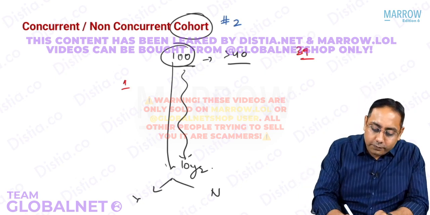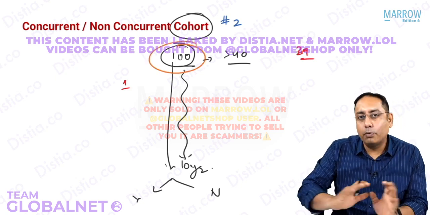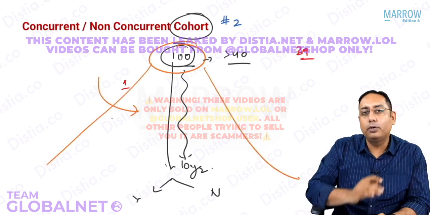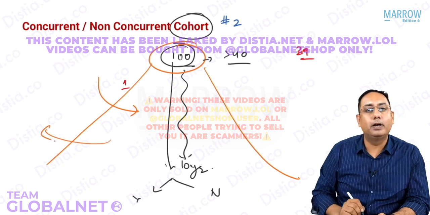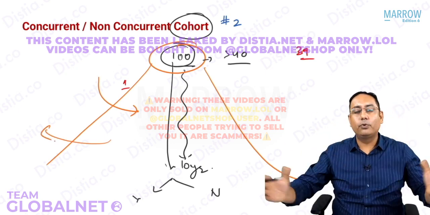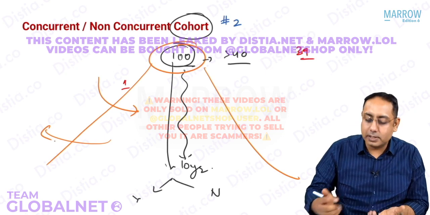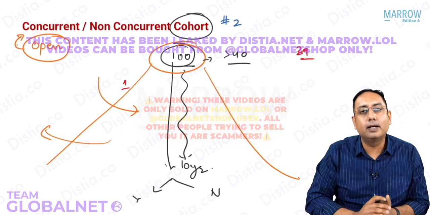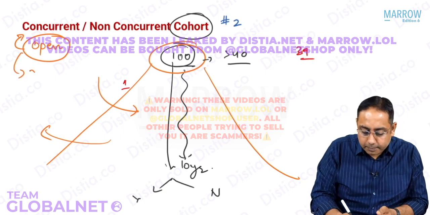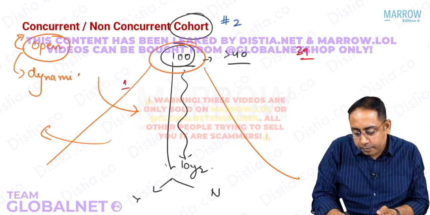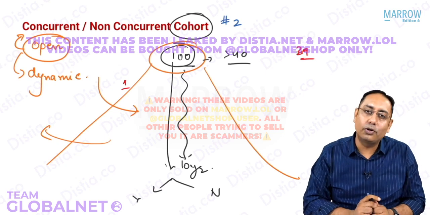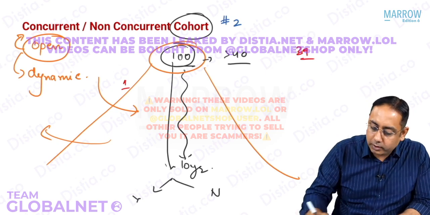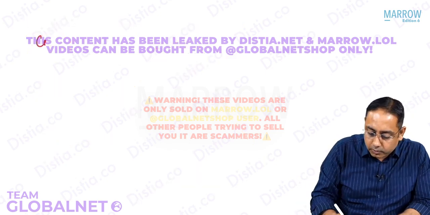Listen carefully now. If you keep your cohort as open, that I will ask people to come in, or people may leave my cohort. So people coming in, people going, this type of cohort is called as open cohort. Open cohort, also called as a concurrent cohort, also called as a dynamic cohort. So the dynamic cohort or open cohort or concurrent cohort will keep on changing over time. So that's the only point you need to know, that in a concurrent cohort,